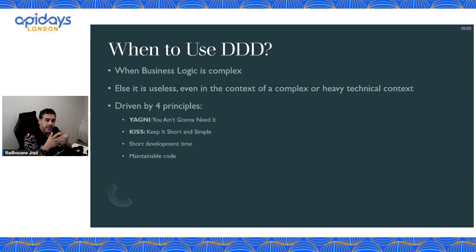So what are the main principles that drive domain-driven design? Four of them. You have YAGNI. You ain't going to need it. YAGNI is quite important. To be honest, I would say it's important in IT projects in general. The idea is, if you don't need it now, don't deliver it now. So I'm not going to deliver, say, a piece of code or an application that we might need in a year's time. If you know we need it in a year's time, then it's not YAGNI anymore. You develop and you deliver for the needs.